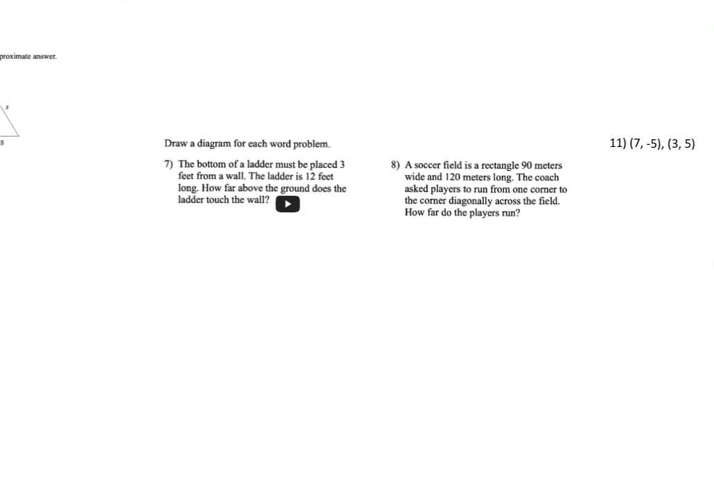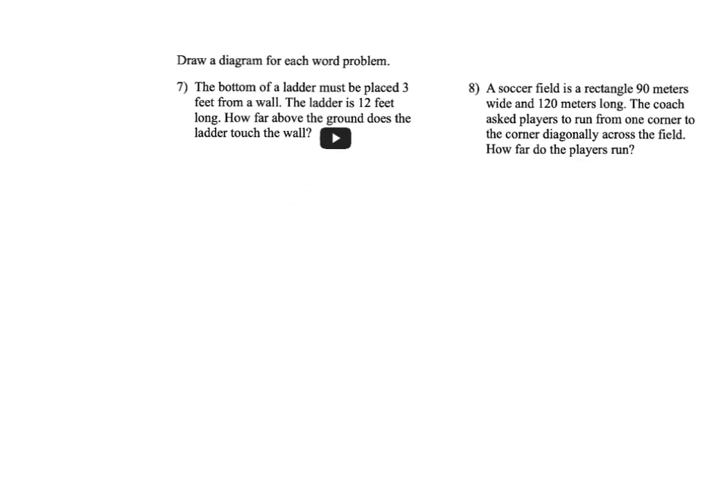Okay, looking at number 7, it's a word problem. It says the bottom of a ladder must be placed 3 feet from the wall. So I'm going to draw my wall and the ground, and I'm going to draw my ladder leaning against the wall. So 3 feet from the wall is on the ground, and it tells me that the ladder is 12 feet long. We want to know how far above the ground does the ladder touch the wall. So we're solving for this length right here,